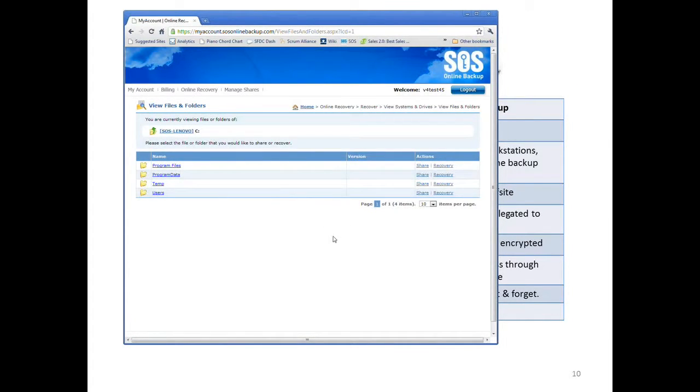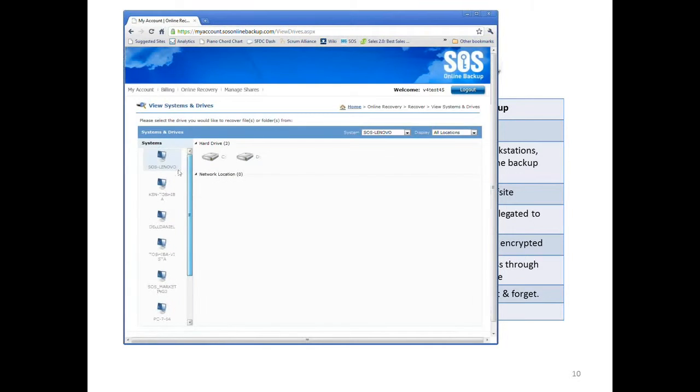I don't need to recover from tapes. I don't need to wait days to do a recovery. I've got instant access to all of my computers. In this case, you can see I've got 7 or 8 PCs all being managed essentially with my account. Contrast that with your typical physical backup technologies, and you've got very long recovery windows, and very great expense associated with those recovery windows.